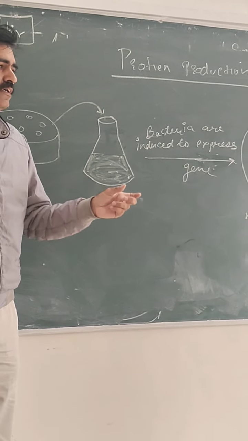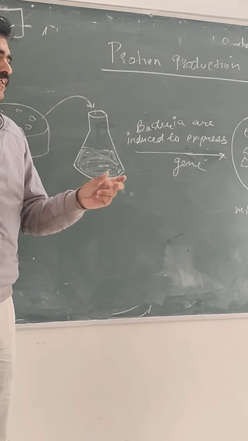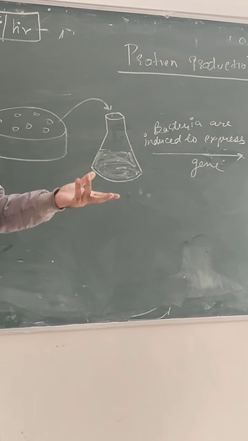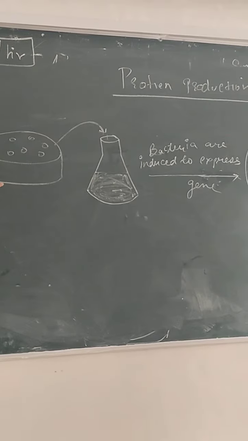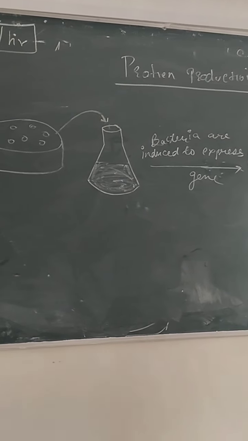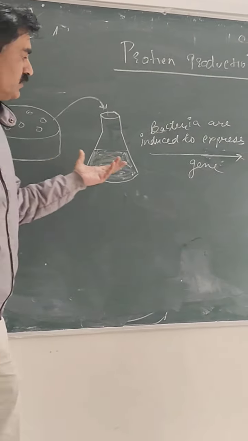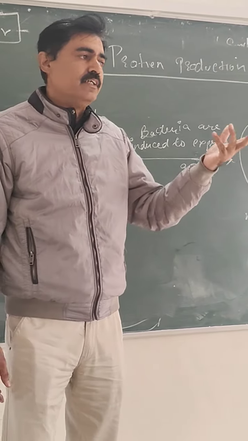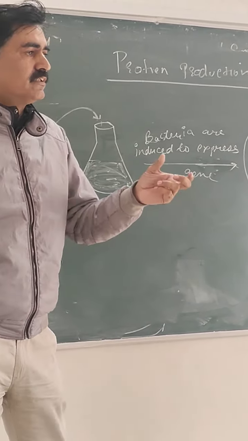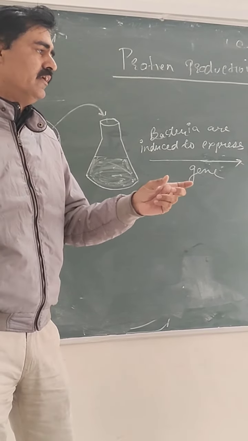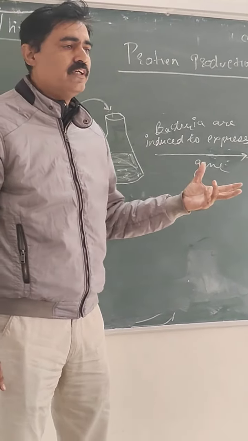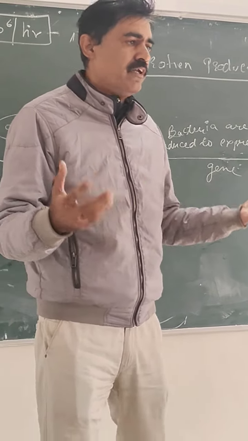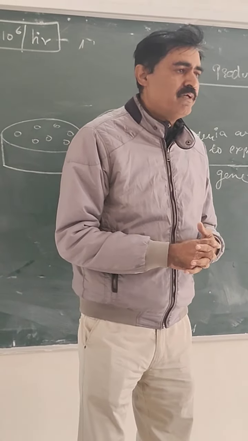You insert that target gene into the vector, and that vector is then inserted into an E. coli. This is an example here. In this case, we have added our recombinant DNA into the E. coli, and since E. coli carries the target DNA, in this case insulin, when you grow it on a larger scale, maybe in a flask, in a broth, maybe in a fermenter or somewhere else,